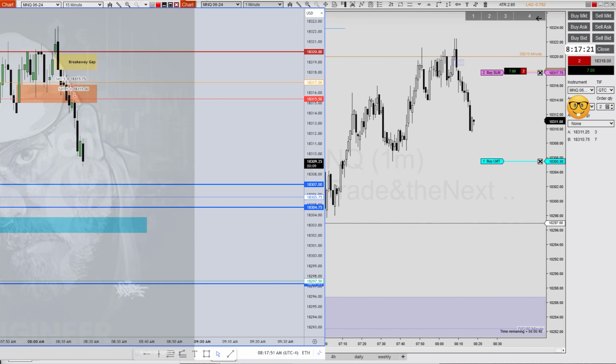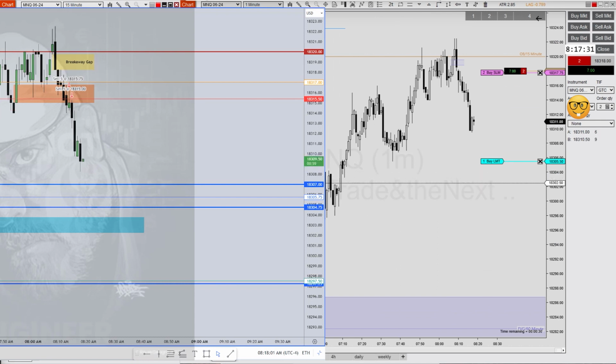And because of that 15-minute time frame inefficiency that I annotated before maximizing this 1-minute chart, those blue levels here, 18,307 and 18,304.75. That's that 15-minute old buy-side imbalance sell-side inefficiency where it traded down half to half of it. You can see it between the 7:30 and 7:40 level. And now stops